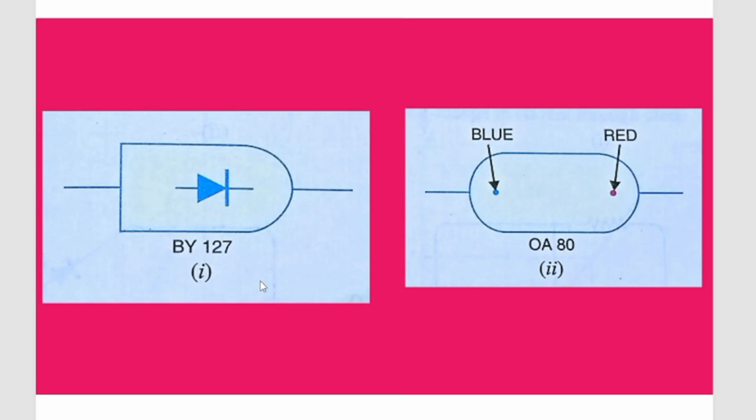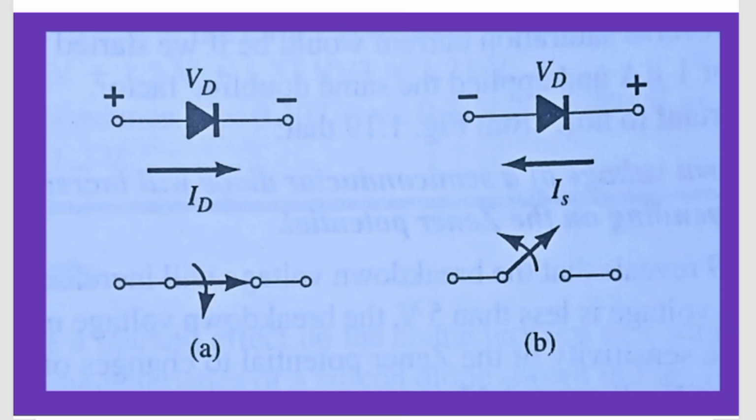While using a crystal diode, it is often necessary to know which end is the arrowhead and which end is the bar. For this purpose, some methods are available. As shown in figure 1, some manufacturers actually paint the symbol on the body of the diode, like this. And sometimes red and blue marks are used on the body of the crystal diode. Red mark denotes arrow, whereas blue mark indicates bar, as shown in figure 2.